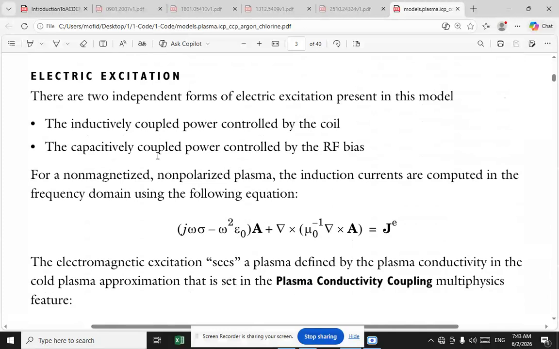Now I want to talk about electric excitation. There are two independent forms of electric excitation present in this model: the inductively coupled power controlled by the coil, and the capacitively coupled power controlled by the radio frequency bias. For the non-magnetized, non-polarized plasma, the induction currents are computed in the frequency domain using the following equation: (jωσ − ω²ε0)A + ∇×(μ0⁻¹∇×A) = Je. The electromagnetic excitation is set by the plasma conductivity in the cold plasma approximation that is set in the plasma